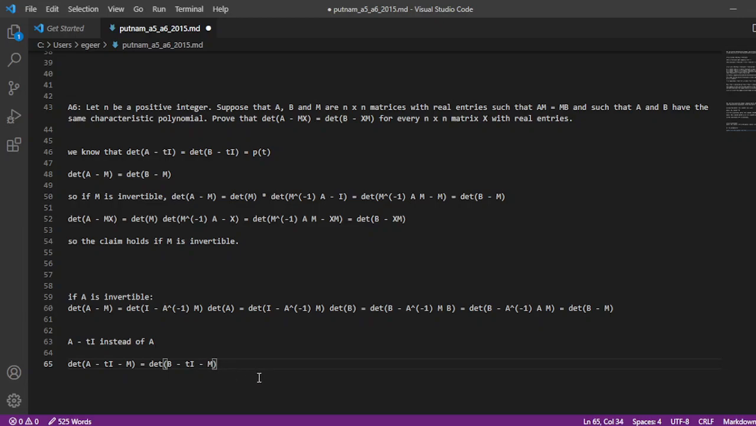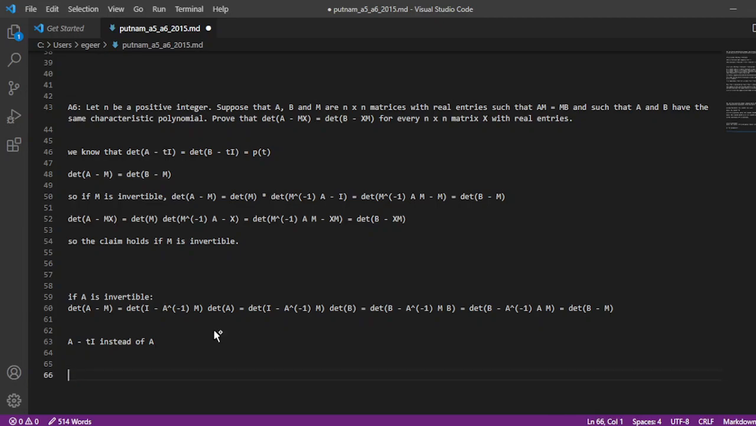So that's kind of interesting, because it means that these are the same polynomial. So A minus M, B minus M, they have the same characteristic polynomial. Which is a step forward, but it still doesn't really give me the result I want. So it means that I need to push my methods further. If I want to get this result, this is not good enough. So let's